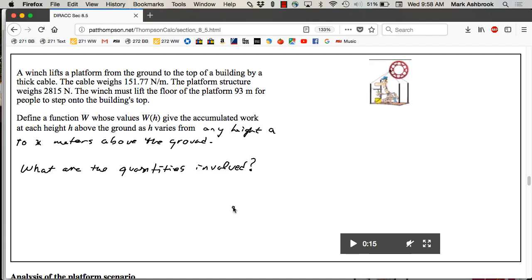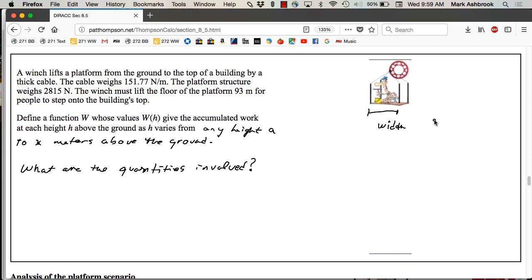Okay, so just an example of what a quantity is would be the width of the platform. That's what I mean by a quantity. The temperature of the air. The heart rate of someone on the platform. These are what I mean by quantities. The three that I gave are all irrelevant in this situation, but they are examples of what I mean by